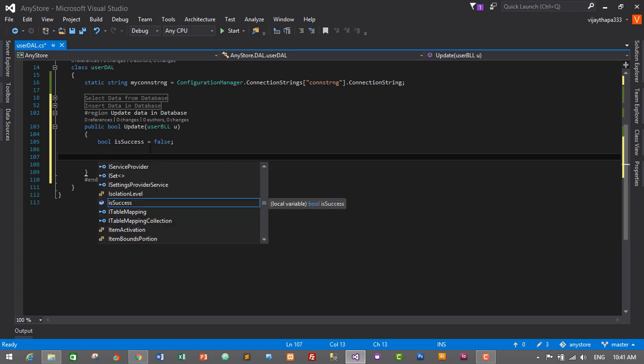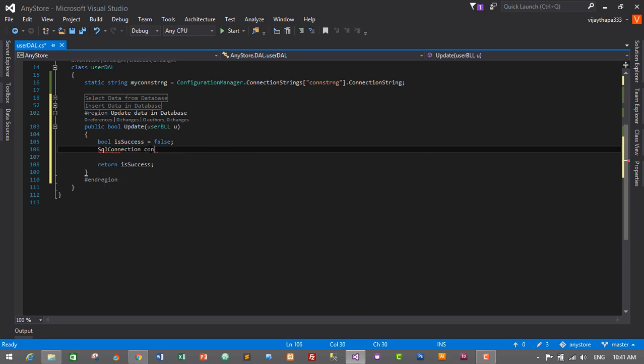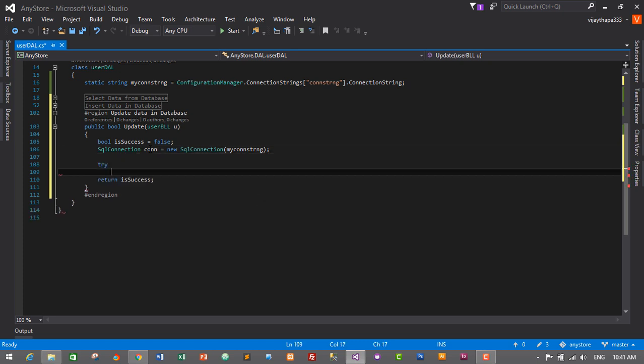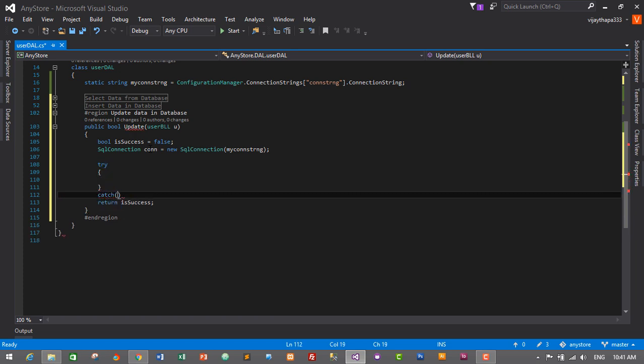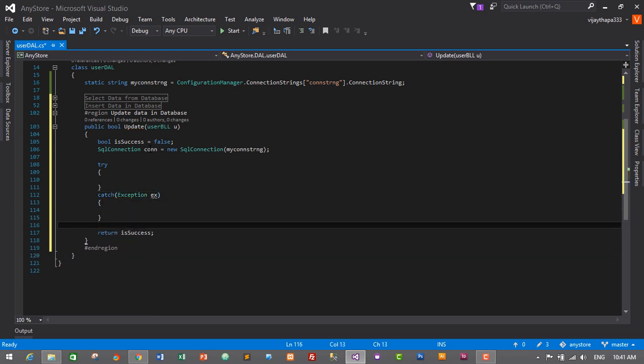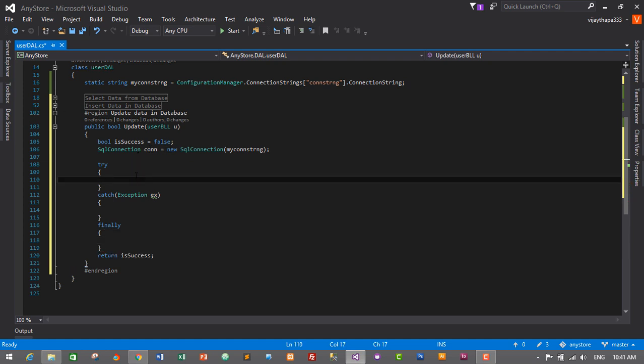So between these we will create a database connection first, that is SqlConnection con = new SqlConnection(myconnstrng). Then start our try catch block, try, catch Exception ex, then finally. So inside the try catch block, first of all we'll write a query to update our database. So this will be string sql = "UPDATE tbl_users SET first_name = @first_name, last_name = @last_name,